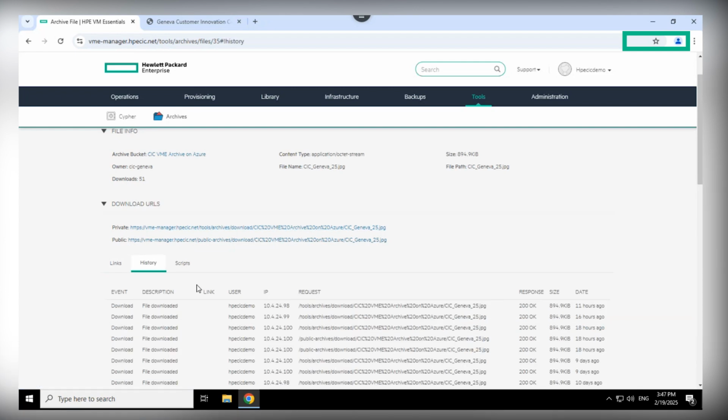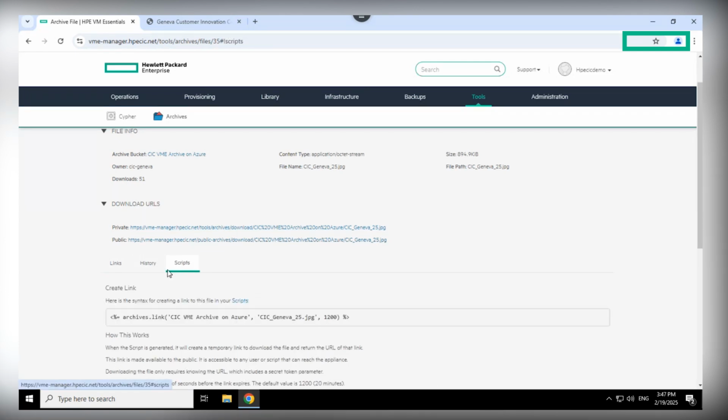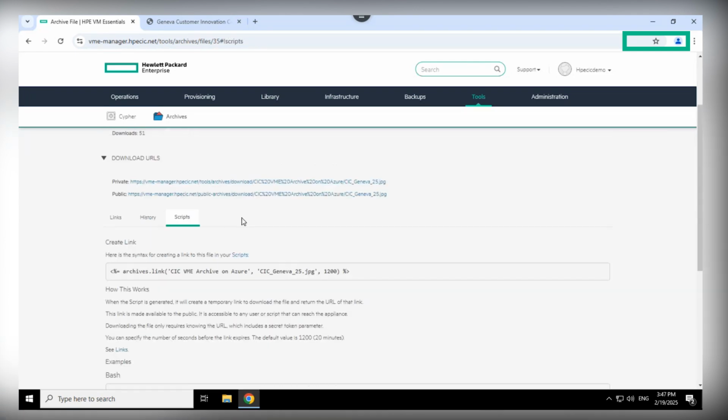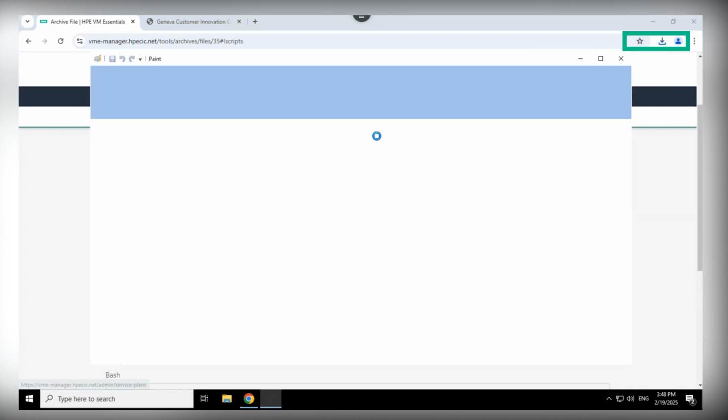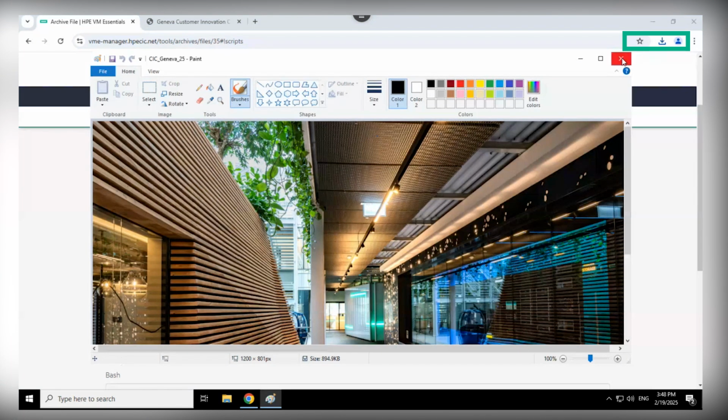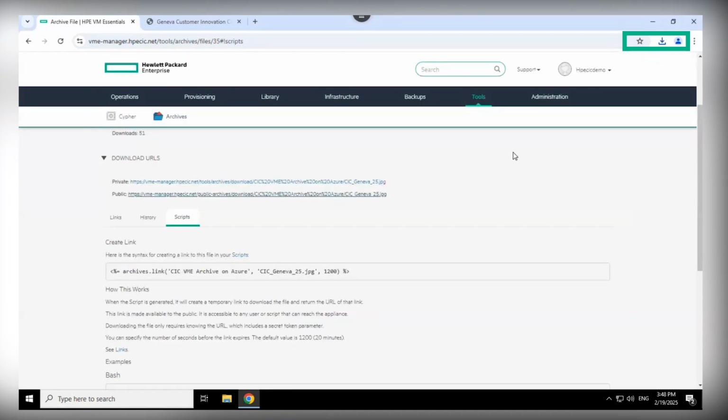You can see who's accessing this file, which scripts are, how to embed this into a script so you can call this file. And if I click the public link here, it will download that image. Okay, so